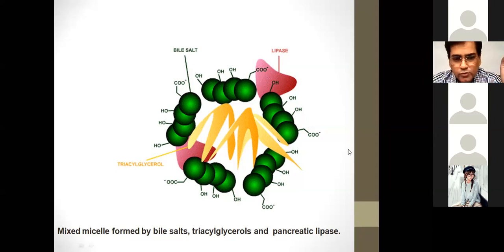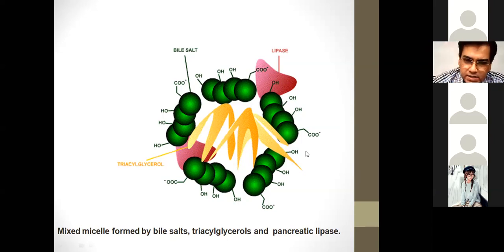and along with these triglycerides in the center, it can also contain some fat soluble vitamins, the cholesterol and cholesterol esters. So this spherical ball-like structure is known as a mixed micelle. Why do we call it a mixed micelle? Because it can have a variety of molecules. It is a combination of bile salts, triglycerides, phospholipids, fat soluble vitamins, cholesterol, lipase, etc. So there are a number of molecules present within this one structure. So that is why we call it